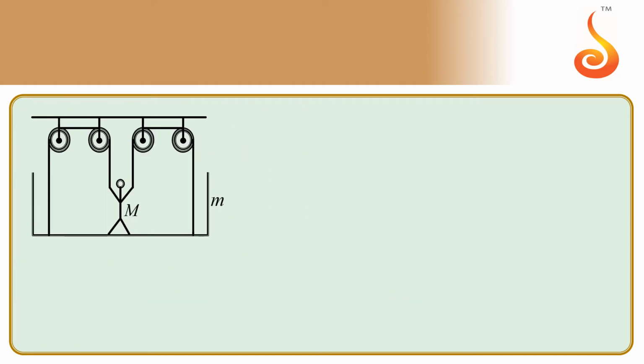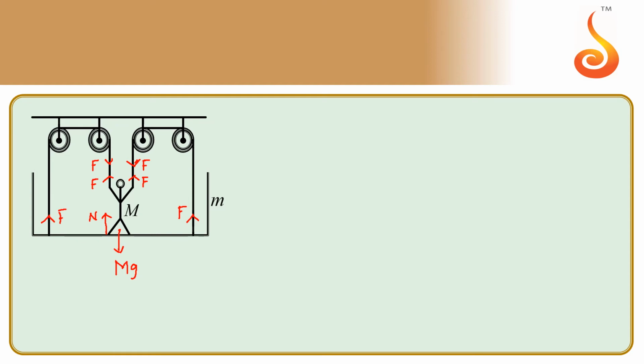In the diagram given, consider the man applies F force on each rope in the downward direction. Therefore, the ropes also apply an equal force on him in the upward direction, and his own weight will act downward. Since there is contact between the crate and the man, the crate will apply a normal force in the upward direction. Since the ropes are connected to the crate, even the rope connected to the crate will also apply F force in the upward direction.